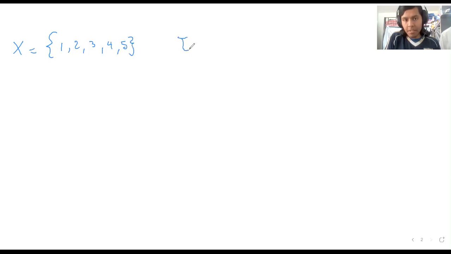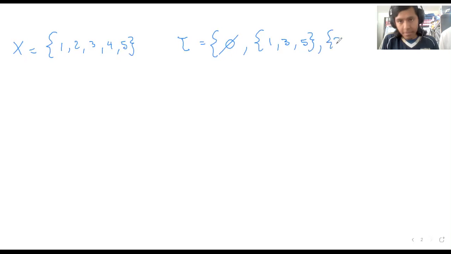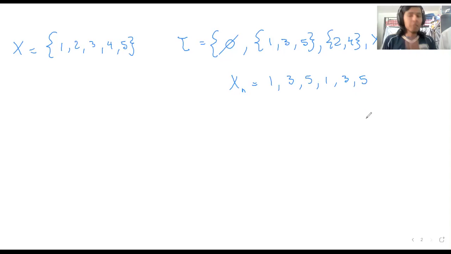The topology is the empty set, 1, 3, 5, 2, 4, and the universe. And the sequence is 1, 3, 5, 1, 3, 5.